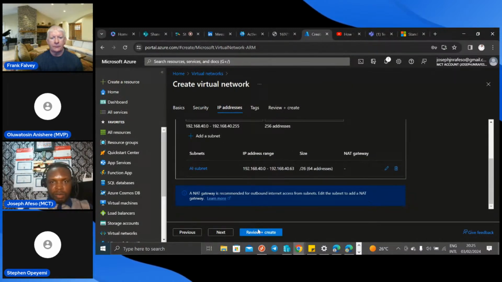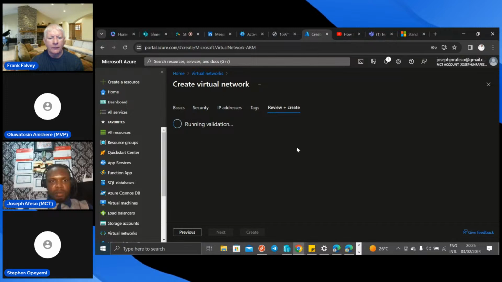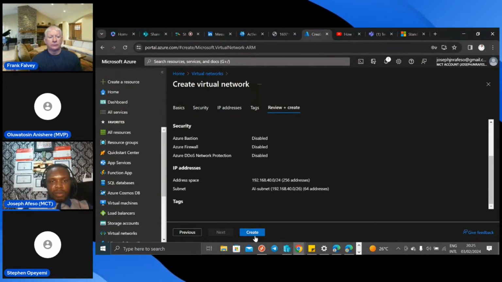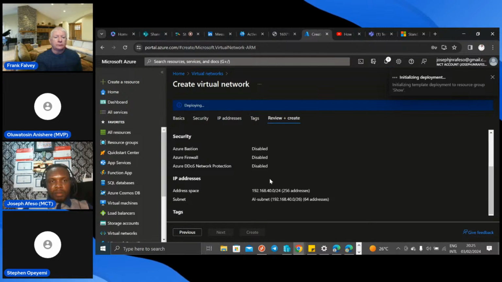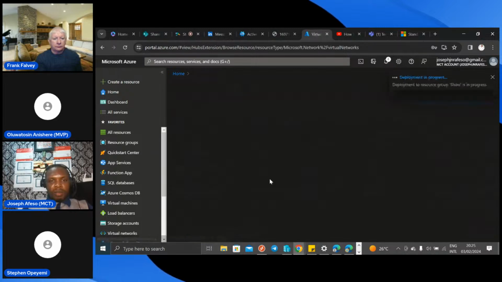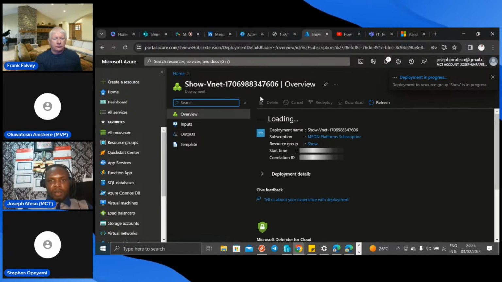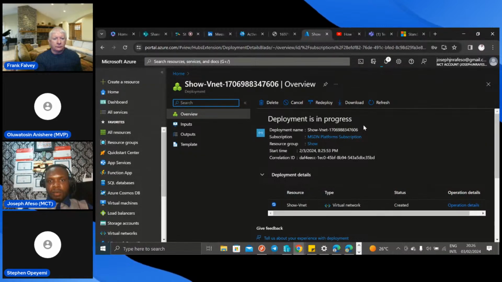Let's just quickly review and create so that we don't take much time, because the time is already against us. So when that is done, we just click on create. I actually wanted us to create two subnets that we can have to interact with itself, but so this is getting deployed, and we've given a portion of that to AI.